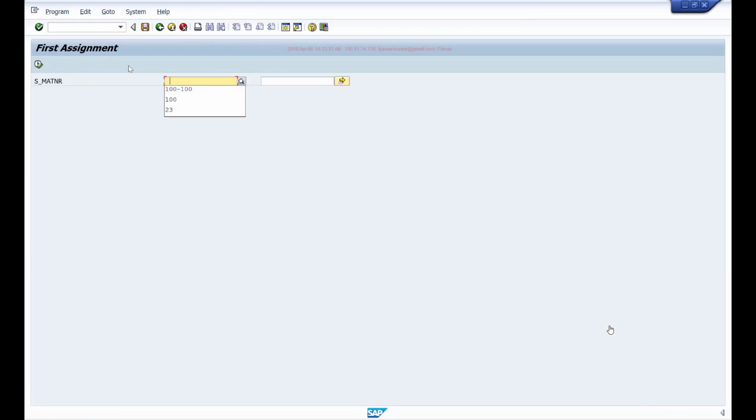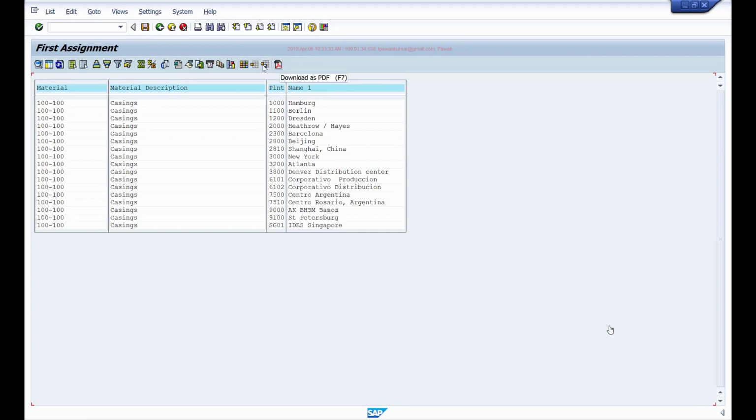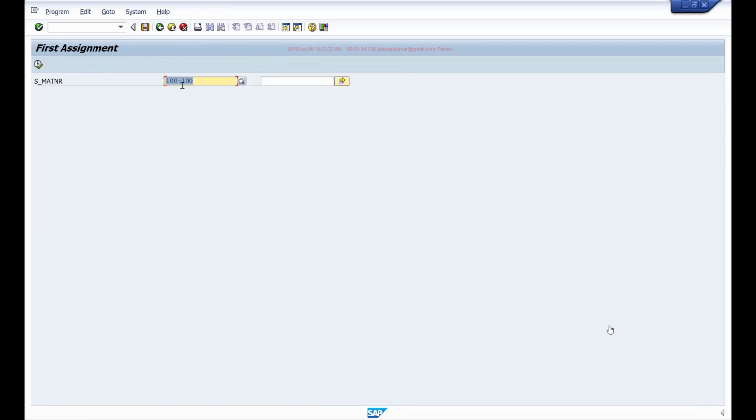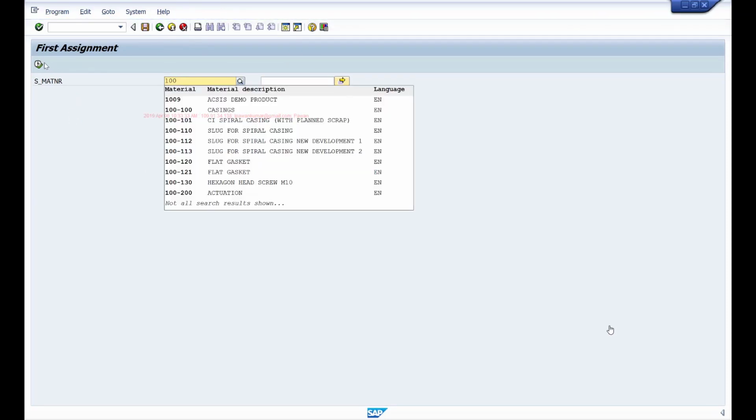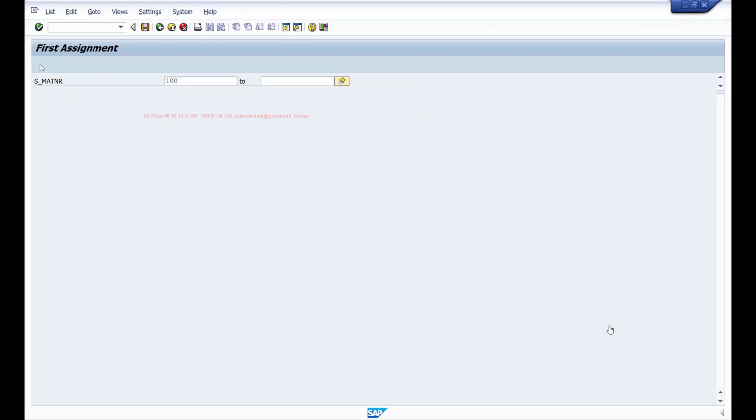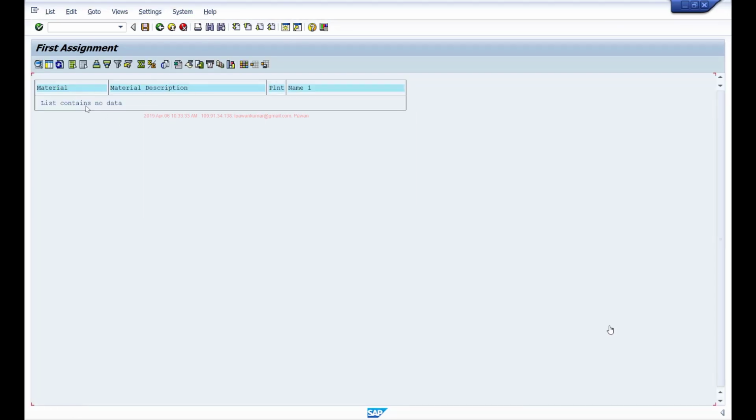So now if I have some data, it displays the PDF button. However, if I execute it with an empty, if I give an invalid material, obviously IT final will be empty, and when it is showing some empty output, that PDF button is gone, right?